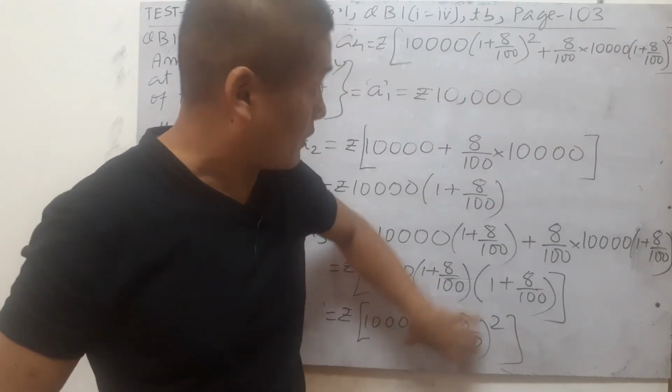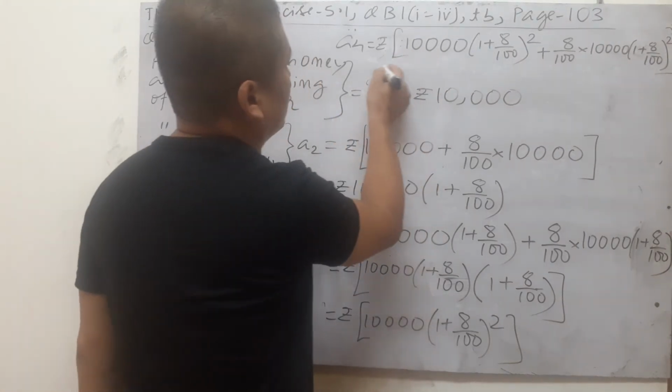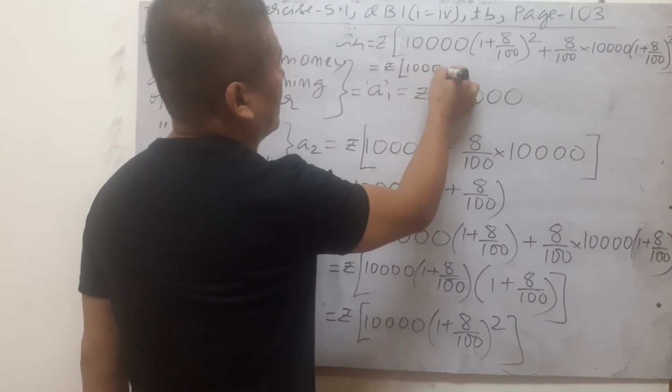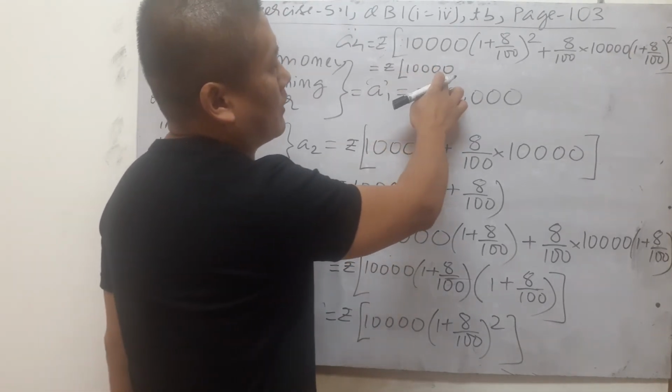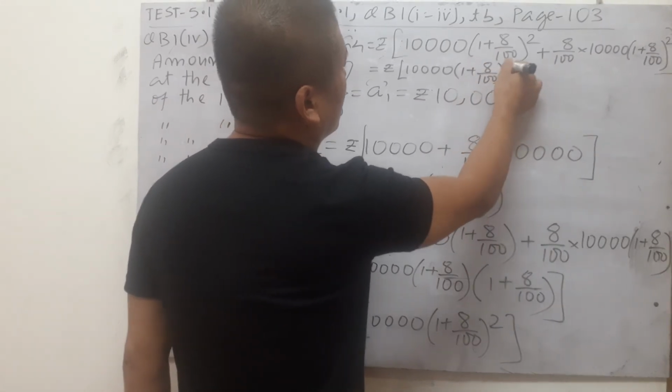So this one multiplied by this one, and then you're going to get here simple case of A4 equal to rupees. Let me write, economize the space, 10,000 into 1 plus 8 by 100 square